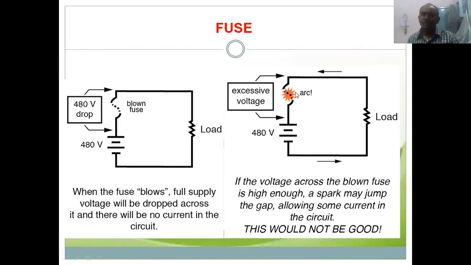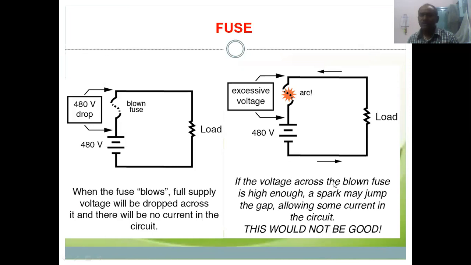Excessive voltage appears here, and the excessive voltage tries to flow through the air gap, so the air is ionized, electrons try to flow, and there is a possibility of an arc occurring. It may be sustained for a few seconds. At that condition, excessive voltage is developed here and an arc may develop. So the arc has to be quenched. How we quench this arc, you will learn in power systems: by lengthening and by cooling, we can nullify this arc.